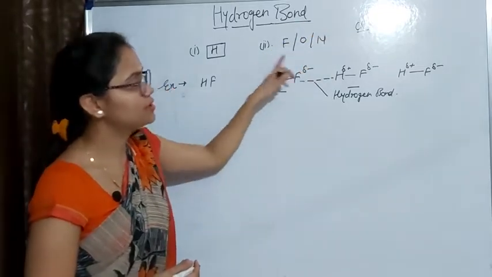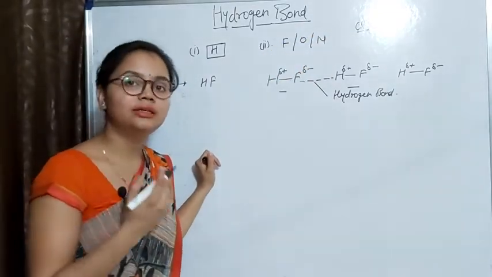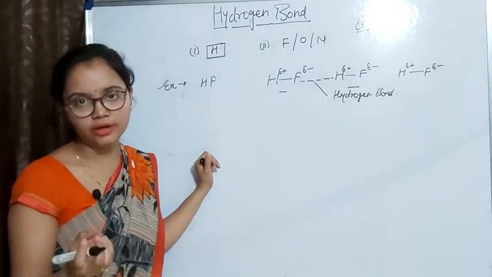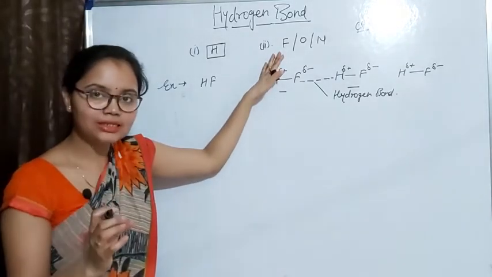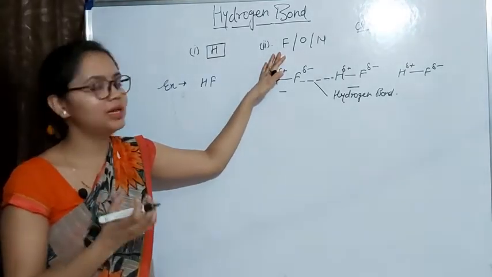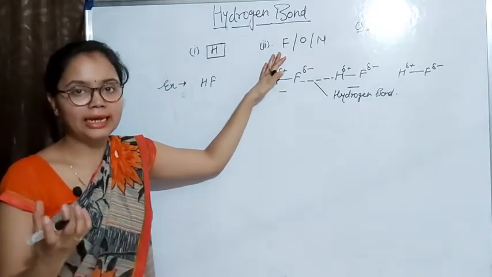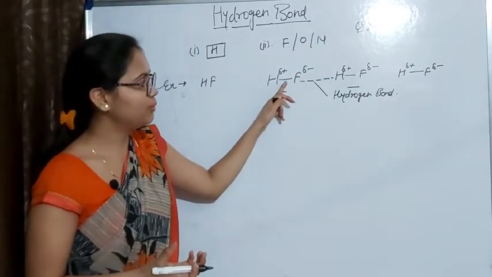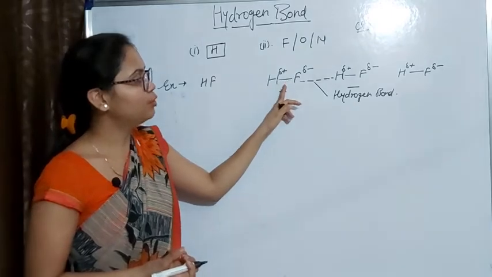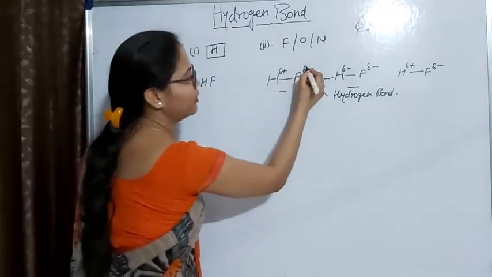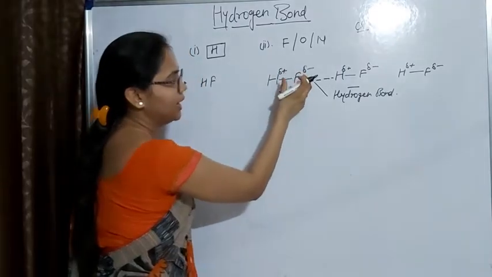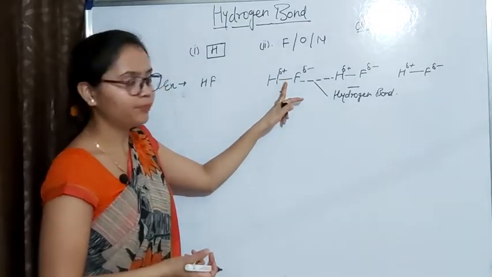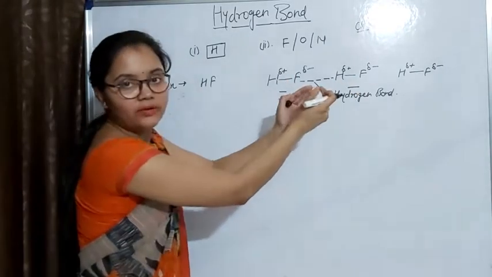The speciality of these three elements is that they are small in size and they have high electronegativity, okay? As they are small in size, they will be highly electronegative. Because of these two properties, they will pull the shared pair of electrons effectively. When they pull the electrons effectively, they will form the covalent bond for sure. And as they are forming a polar covalent bond, because of this polarity of the covalent bond, this ion and this ion will attract each other.